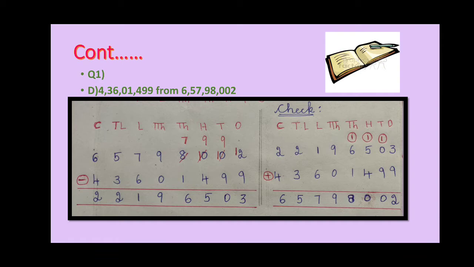Now the important thing, children: when you are doing this in classwork, if you have a plain book, absolutely no problem, you can give finger space and write. If you have maths ruled books, some have lines, in that you have to write place values in one line. Down from this, the leftover borrowing numbers in one line, then your minuend, then down to that your subtrahend, and then your difference. Each one should be in one line. Don't write all the numbers in one line; place values separately in one line, and then give finger space or else one line.